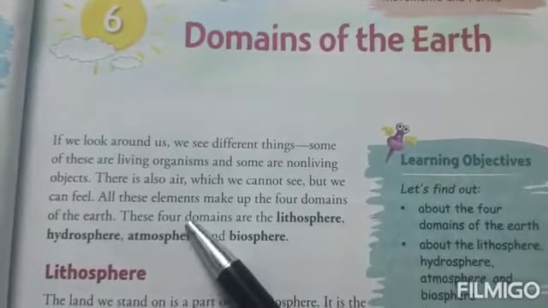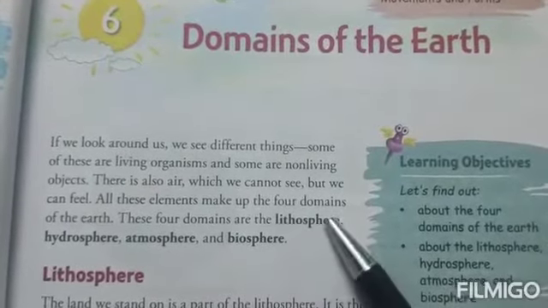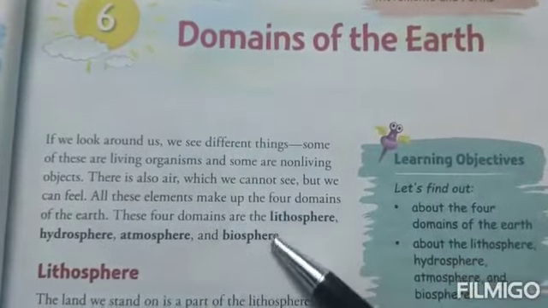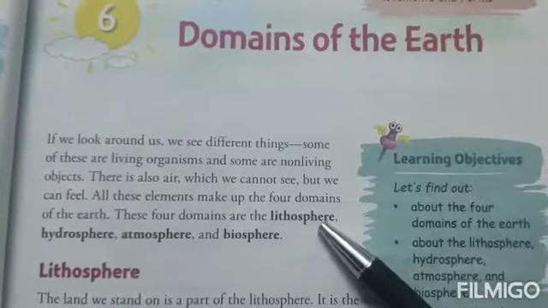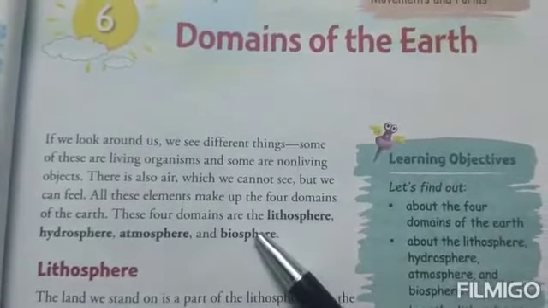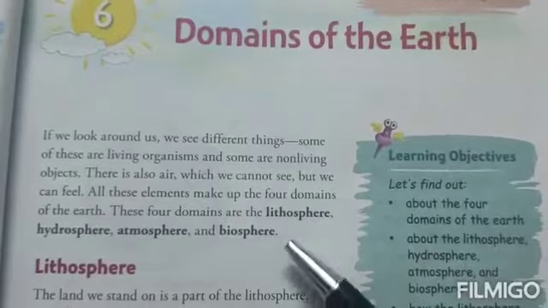All these elements make up the 4 domains of the earth. That means the 4 layers of the earth. These are called the domains. These 4 domains are, number 1 is lithosphere,